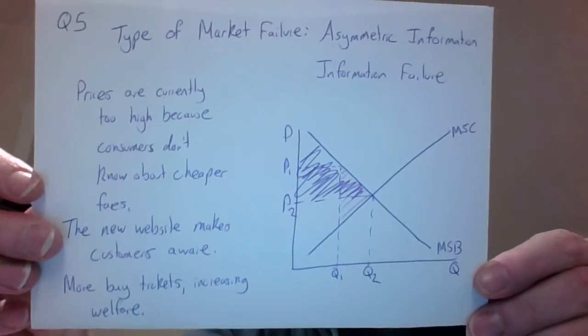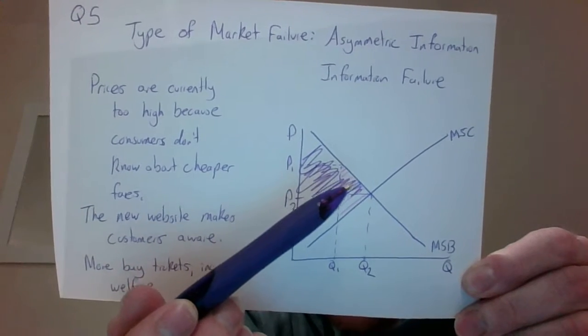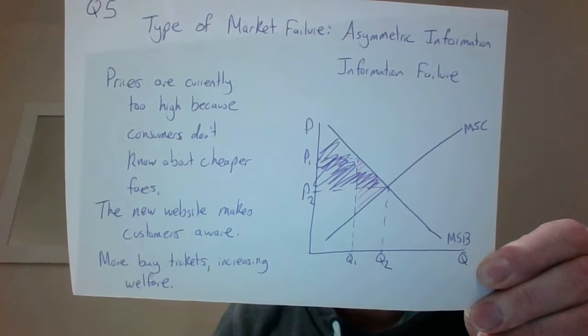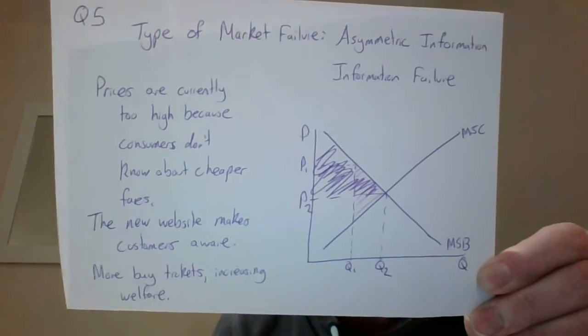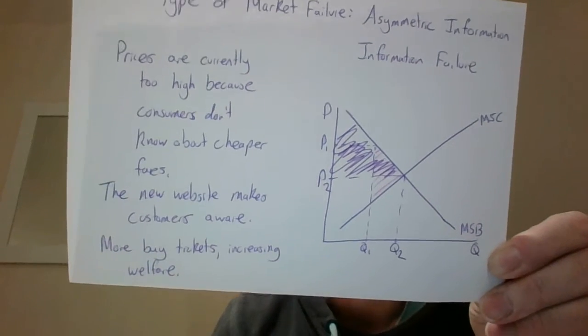all consumer surplus. So I've actually just changed that to say consumer surplus. And that area there is brand new consumer surplus. It didn't exist before. And so that's why you could say that it was market failure, because there was deadweight loss there, but now that they've reduced the price, it actually corrects it by increasing the consumer surplus.